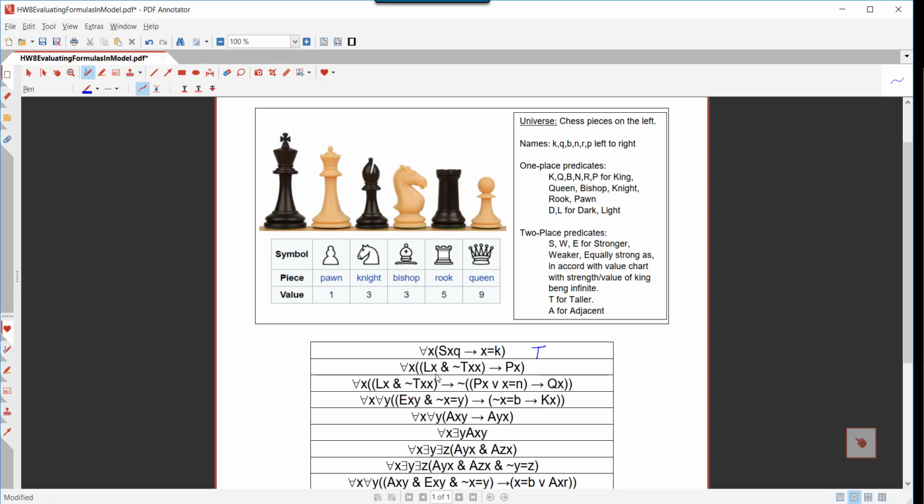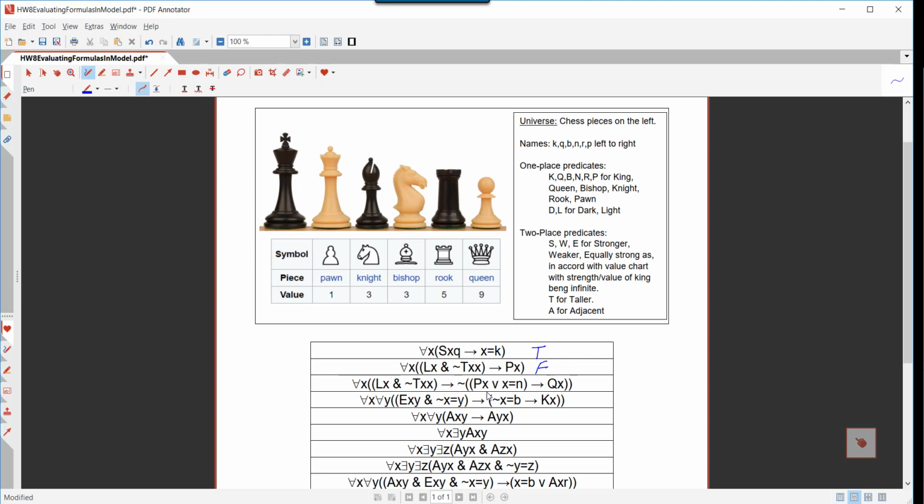Okay, number 2, for all x, if x is light, and it's not the case that x is taller than x, then x is the pawn. All the dark pieces make this antecedent false, and hence the conditional true. The pawn clearly makes this true by virtue of being light and not taller than itself. However, the queen and also the knight satisfy the antecedent condition. They're both light and not taller than themselves, but they are not pawns. So true, false, right? Both of them are counterexamples, making the whole